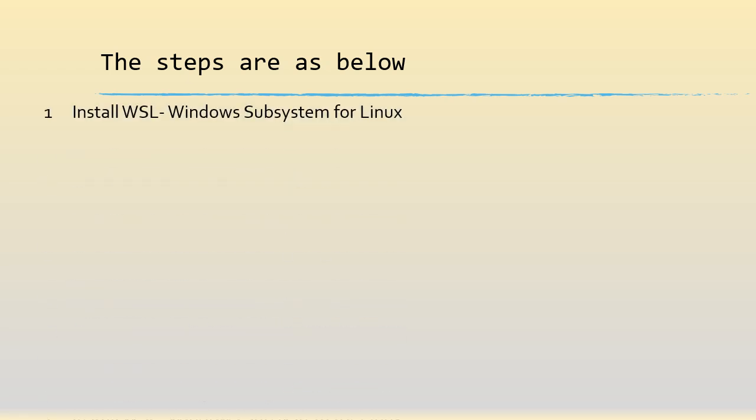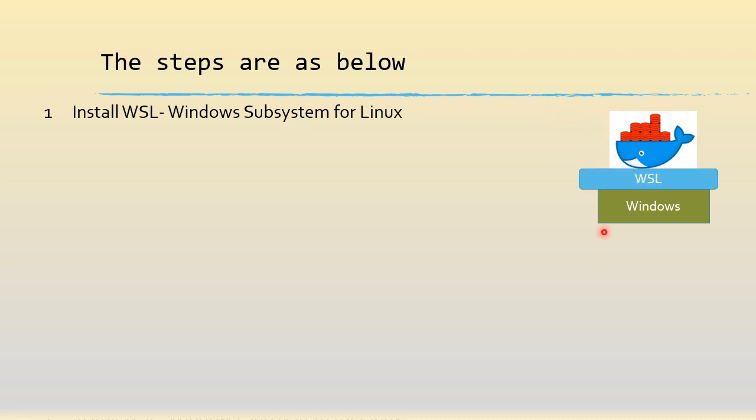So the first step is to do a WSL install. Now I'm assuming here that you're installing the image and running it on a container on your Windows laptop. Now we all know that the Docker images are Linux distributions and it cannot be directly installed on Windows. So we need something known as a Windows Subsystem for Linux for the Docker image to communicate with the Windows